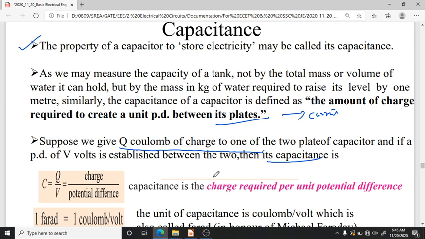So capacitance can be calculated from the potential difference created between the two plates because of the external current flowing through the circuit, which creates electrostatic stress inside the dielectric. Based on this concept, we can calculate the capacitance value. The capacitance C is equal to the charge required to build a 1 volt potential difference across the two plates. So this is called capacitance: charge divided by potential difference.